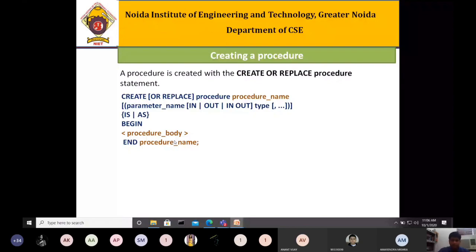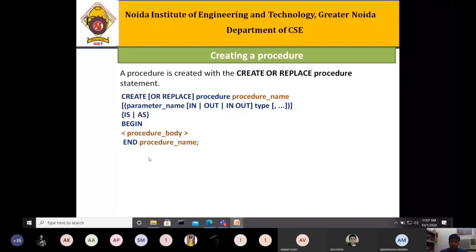So you have seen different kinds of examples. One of the examples we have seen is the greeting that will print hello world, right? It is a standalone procedure if you want to create it. You can just execute it using the EXECUTE keyword, and after that you can call this procedure in a PL/SQL program. Once it is called and you run that program, you will get the output, right?